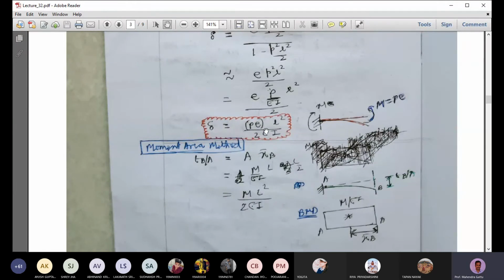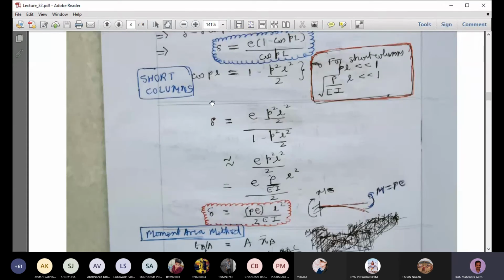Okay, so it will be like a first order analysis, but we are not doing a first order analysis when we treat this as a standard column. That means PL is non-negligible compared to 1. So in that case, it will be a different kind of problem. As long as the column is short, we don't have to worry about the second order analysis. We can do a first order analysis and get the same answers.